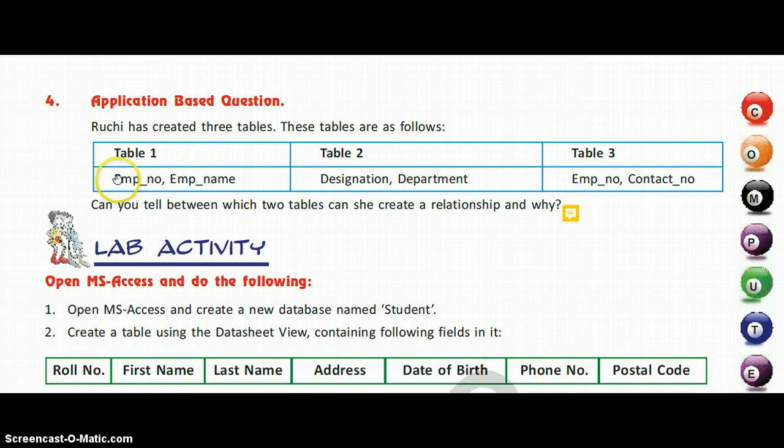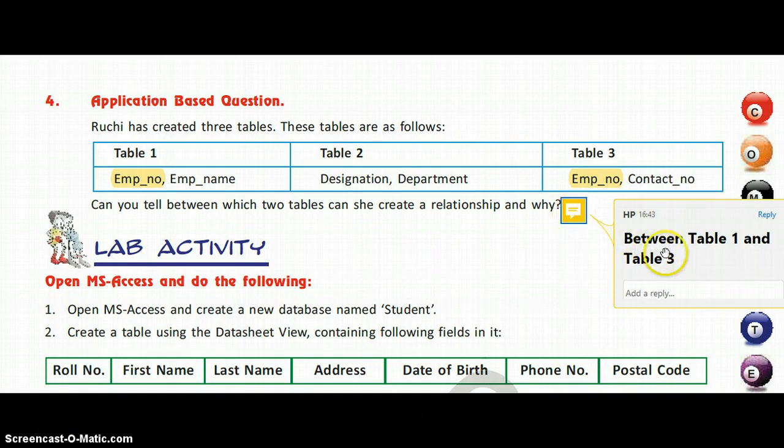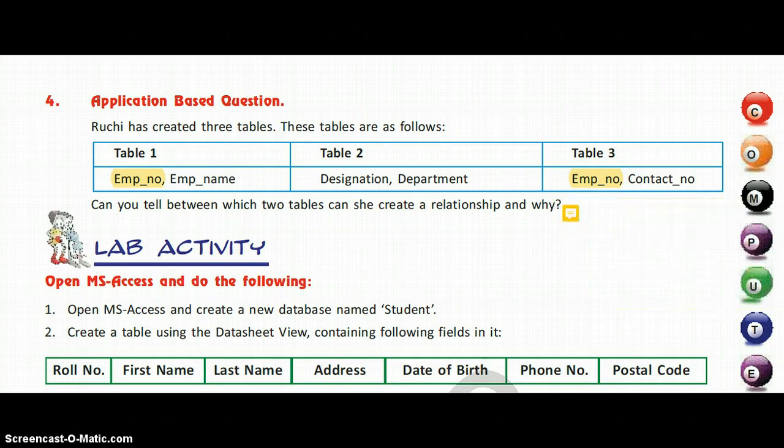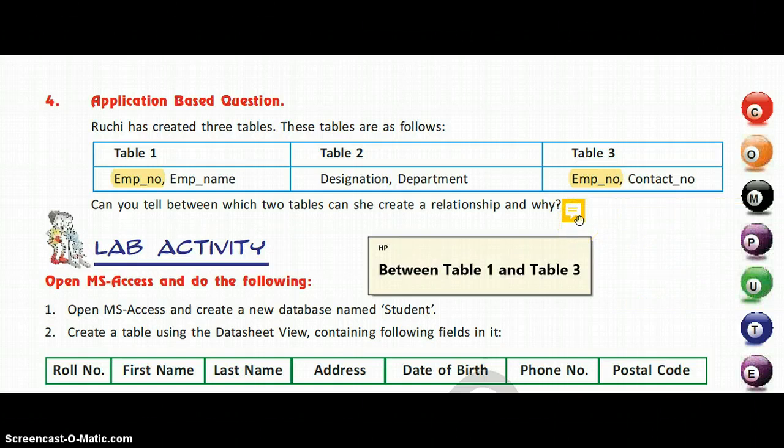So this employee number is common in the two tables, that is table 1 and table 3. So that is why we can create a relationship between table 1 and table 3. So the answer will be between table 1 and table 3 we can create a relationship because it has a